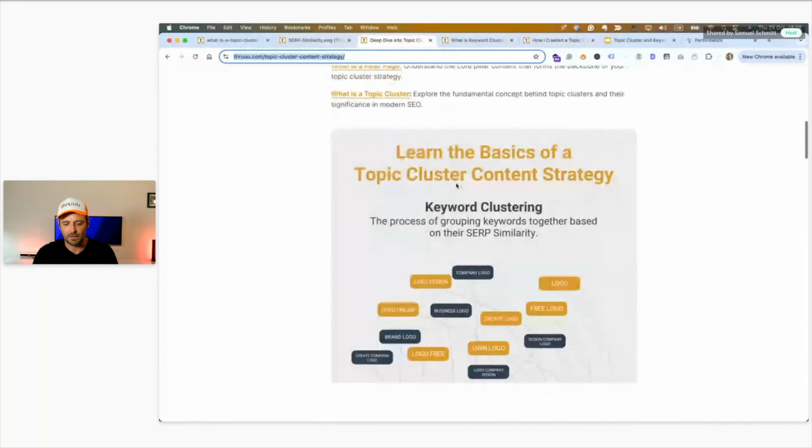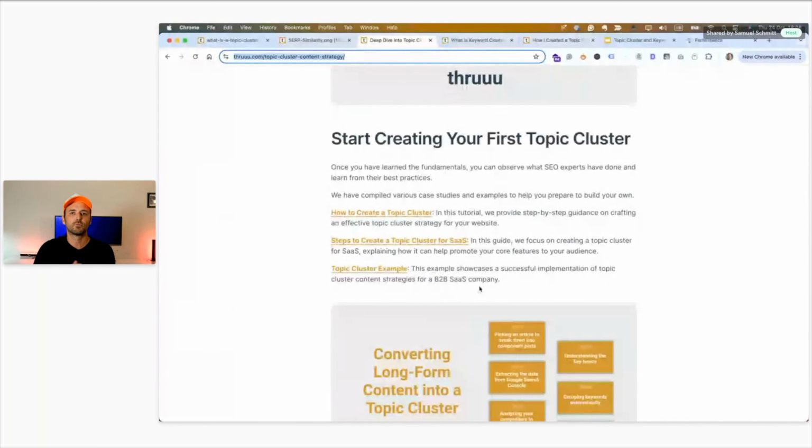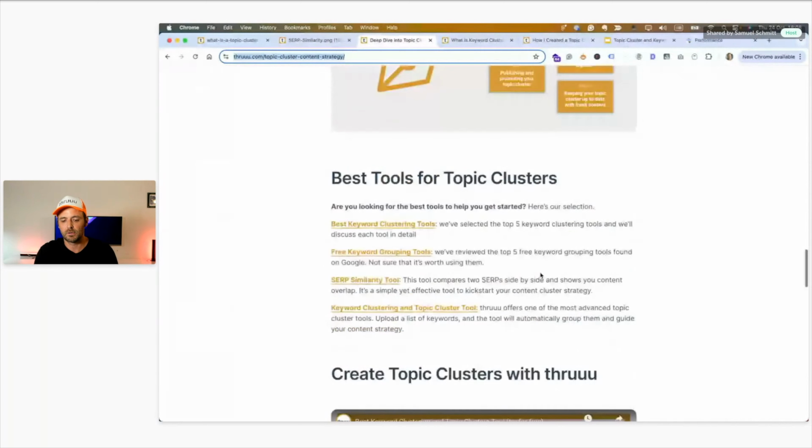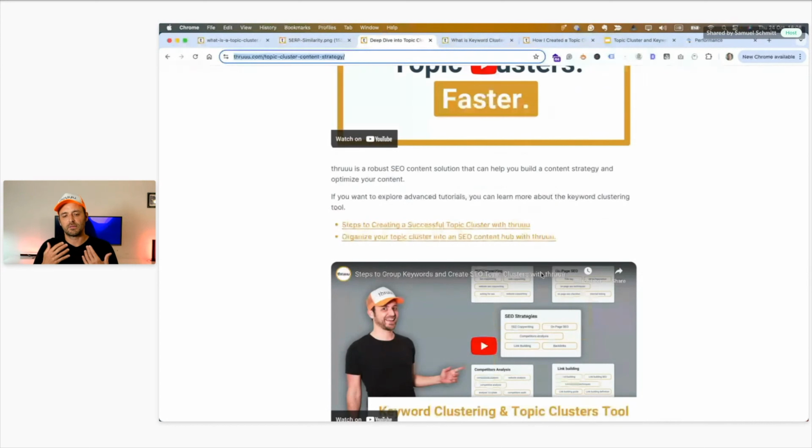And then I have more, let's say, middle of the funnel, like how to, steps, examples, and finally, obviously, bottom of the funnel, because when people start to identify or understand how to create a topic cluster, maybe they look for a tool. And as I'm providing a solution to create a topic cluster, the bottom of the funnel content will be for me best tools, free tools, and obviously highlighting Through. So you can see a bit of strategy when I build